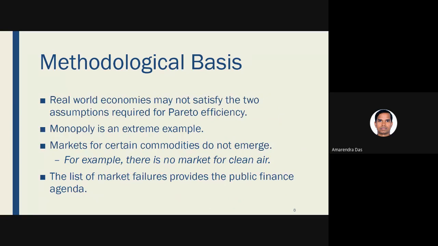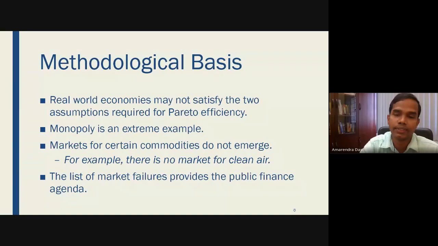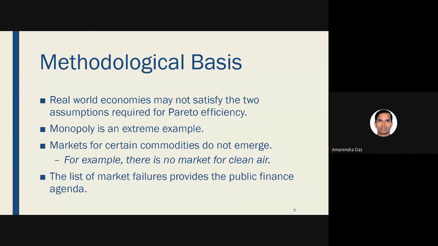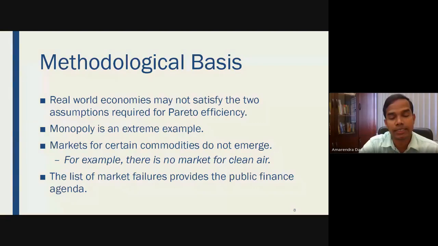Then the market may also not be competitive in other ways. It could be a monopoly, or imperfect competition, where there could be duopoly, oligopoly, monopsony, or duopsony. So there are different forms of market which are neither competitive nor monopoly. They are in between, and most markets are in between. We also discussed that whenever there is a monopoly, there will be welfare loss because prices will be very high and the quantity of output quite low. In that context, we need government intervention.